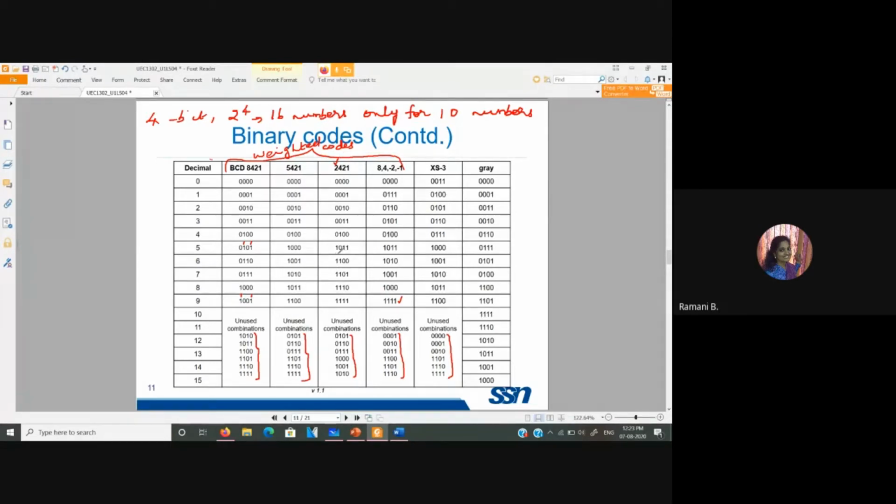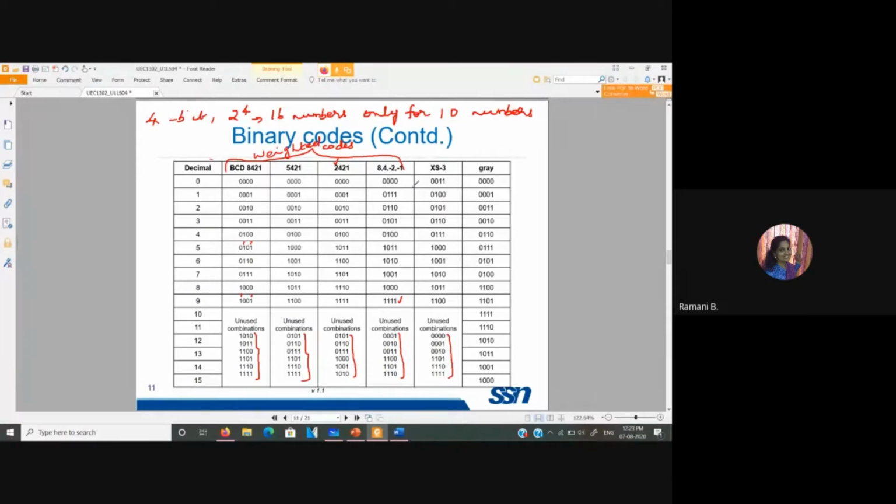So for 5, it is written as 2 plus 2 plus 1, not 4 plus 1. So you need to keep that in mind. And for 6, it is 2 plus 4. And for 7, 2 plus 4 plus 1. And for 8, 2 plus 4 plus 2. And for 9, all the ones. These are about the weighted codes.